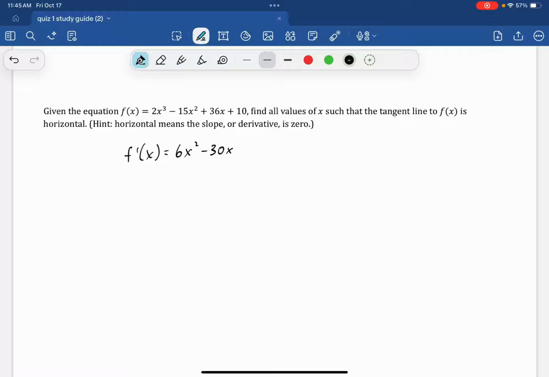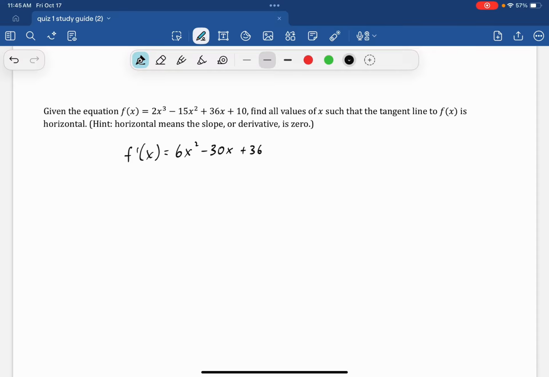Okay, 6x squared minus 30x. I'm very distracted now. Okay, plus 36, and then the derivative of 10 is 0. My stomach is growling. All right, so we're interested in finding all the values of x such that this derivative